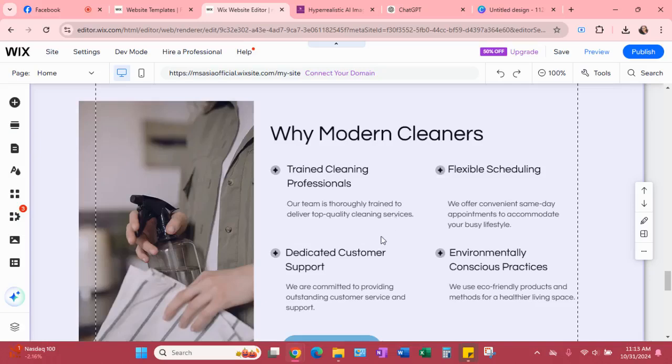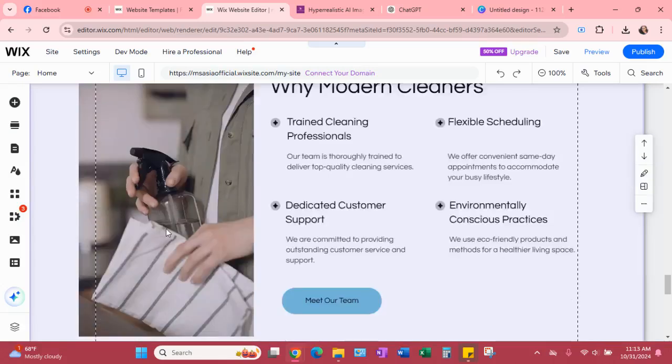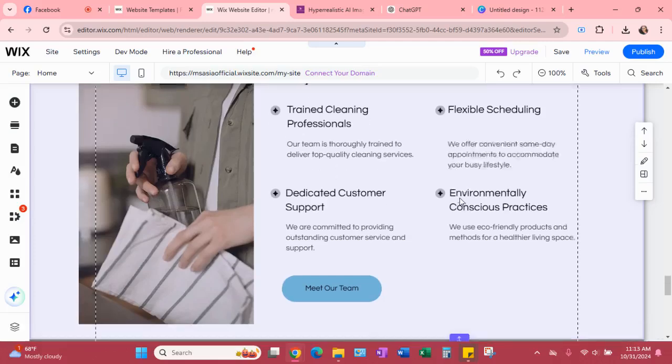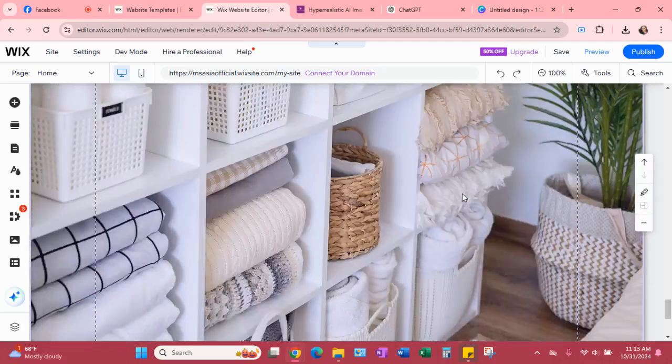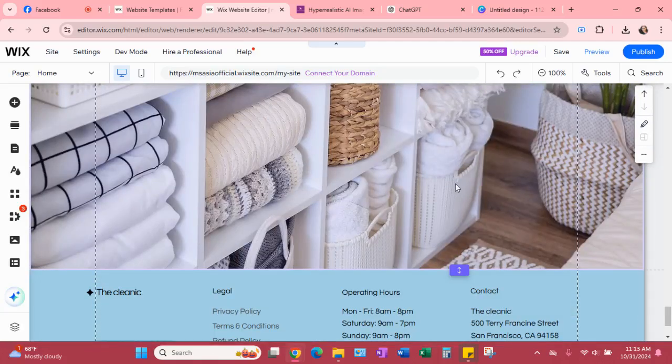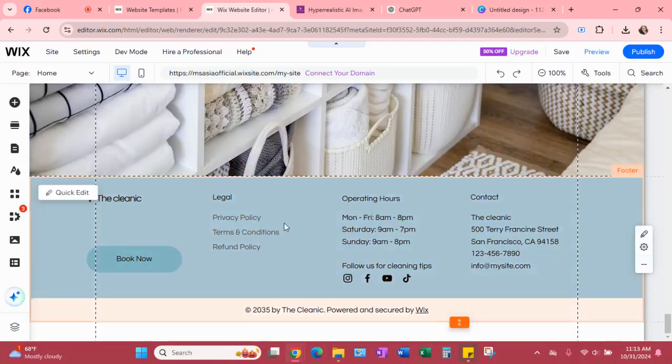So now here it's saying why I choose modern cleaners, and it has little bullet points of why you should choose them. And then, like I said, I would definitely change this photo because it doesn't tie in with the theme of the brand, the logo colors and stuff like that. And then there's another photo. This one isn't as bad. And then you have your